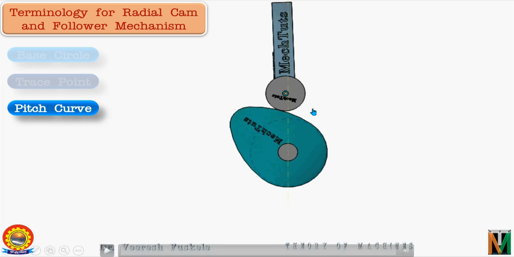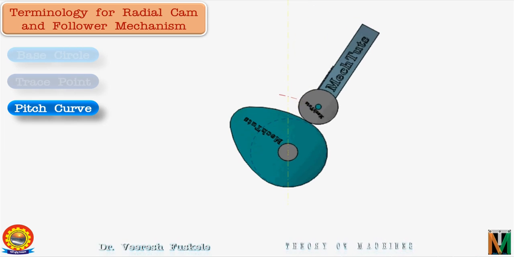Now, if in this mechanism we make an inversion in which the link 2, that is the cam, is fixed, that is, if we allow the prismatic pair of the guide and the follower to move in the opposite direction, having the link 2, that is the cam, as fixed. So in this case, roller along with the follower will be rotating about the fixed cam. And if we do that, then the locus of center of the roller will generate a curve which is parallel to the cam profile, and it is known as pitch curve, as shown here.